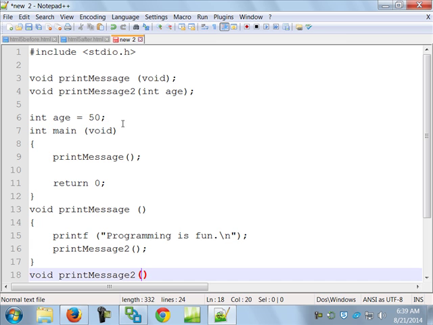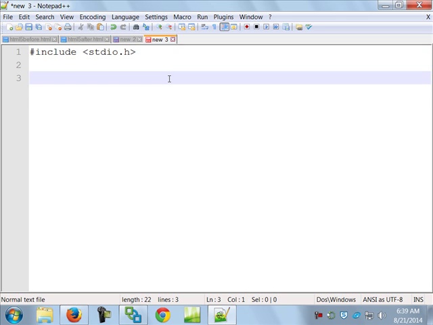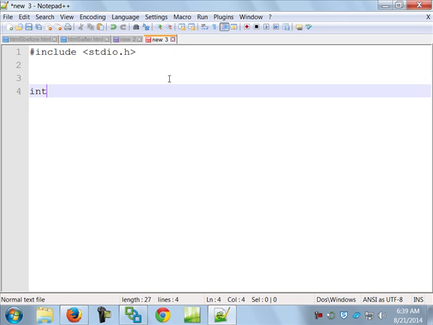Now, if I had another program in here, another C program, not with another main, but with another function. So if I created another program, with #include stdio.h, and I'm going to make it a void print age again.